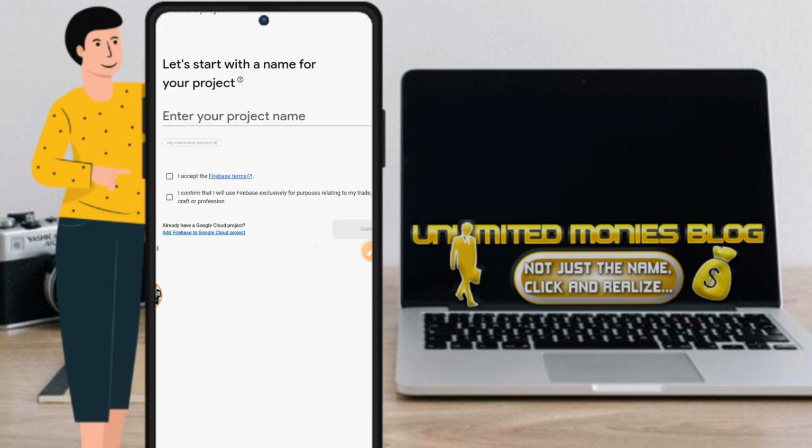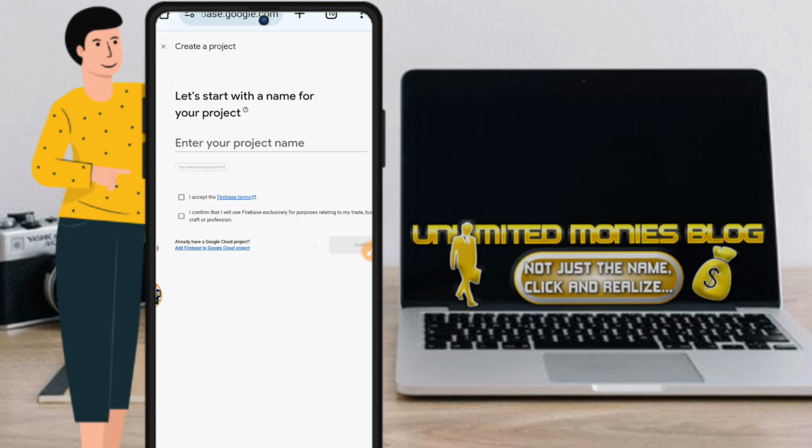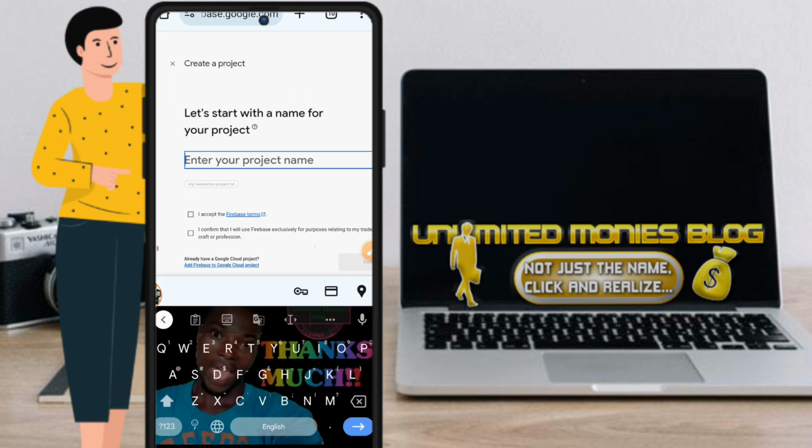I have to give my project's name. What this project name means is, in Firebase, what we talk about as projects is that you can have as many as you can, maybe people pay you to do an app for them and to link Firebase for them. You understand what I mean now? The project for such an app must be different from your own project. If you have your own app and you are doing apps for people, maybe a church or company or whatever, you can indicate, you can say my